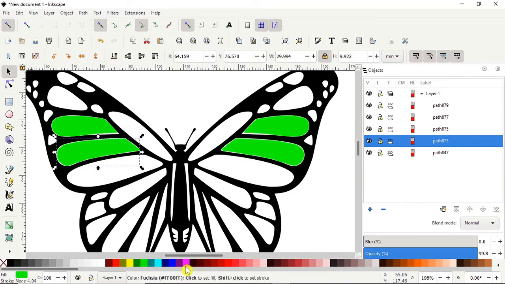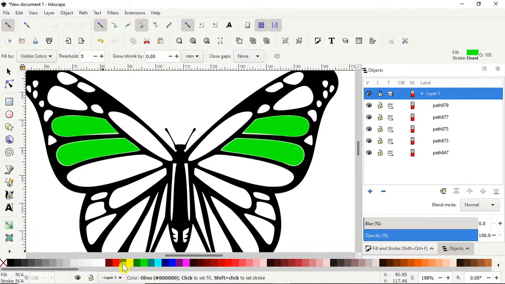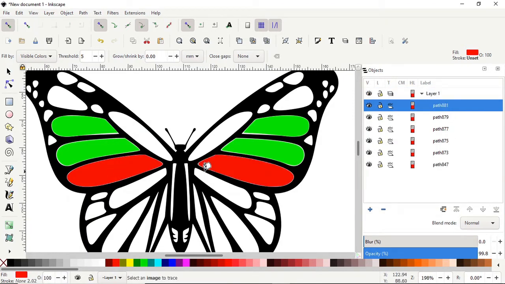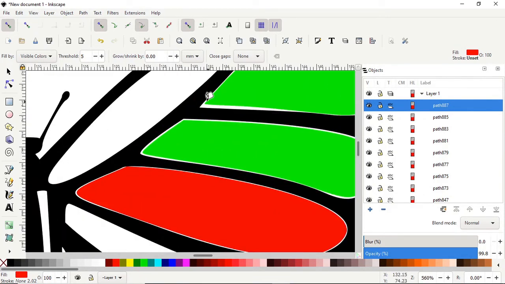And then, okay, I'll deselect and go to my paint bucket again. Okay, this way we can colorize the butterfly, but as we're zooming in really close, we can see that we're getting open edges here,